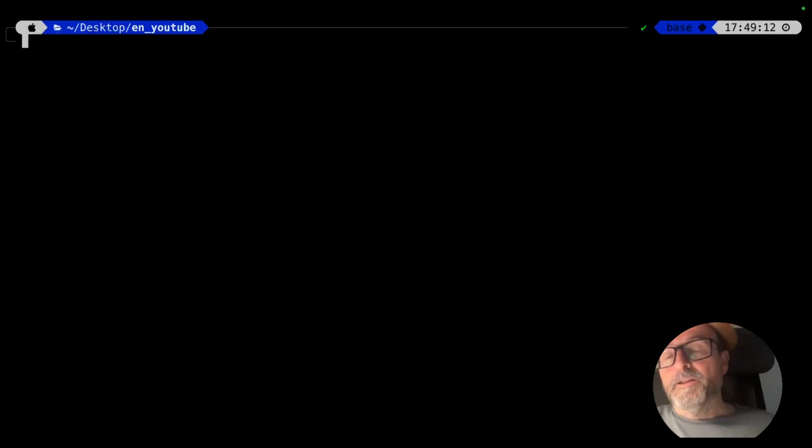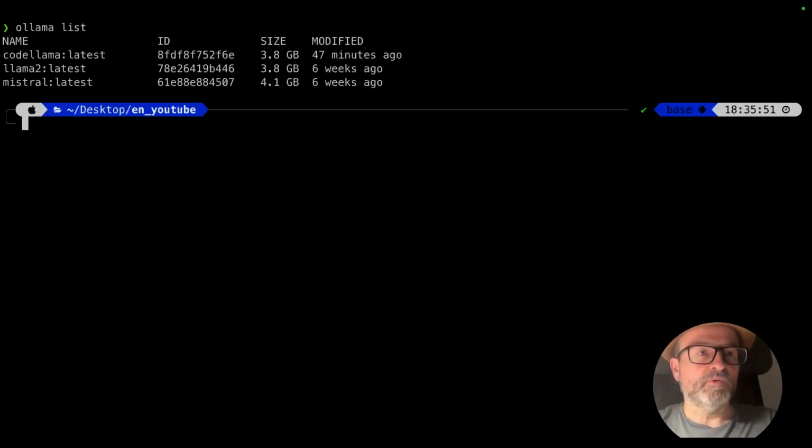Okay, so now we are going to use a few commands in Ollama. I think the first one I will use is just Ollama list. This will provide a list of all the large language models that are already installed on our computer. And to run, for example, let's say I would like to use Llama2 now, what I have to do is just say Ollama run